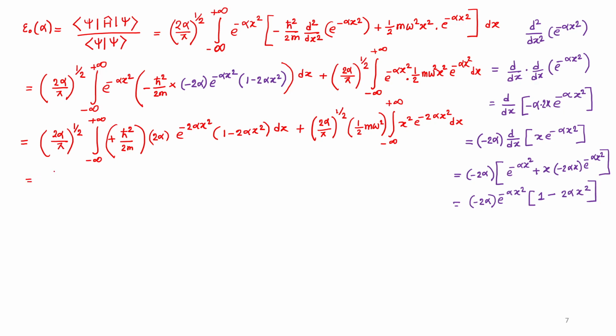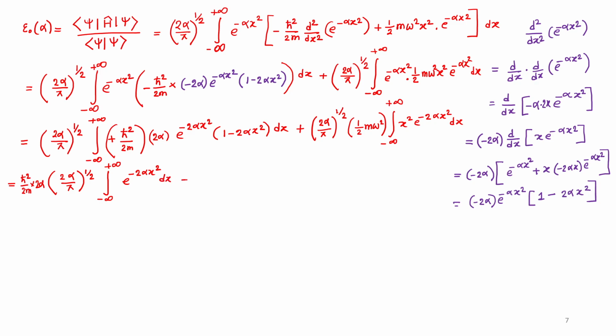If we can break this part even further, from minus infinity to plus infinity, suppose I'm taking h square by 2m into the power, and then we are going to have e to the power minus 2 alpha x square dx once,